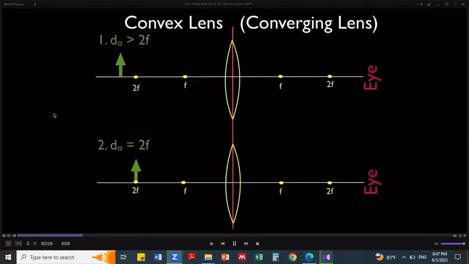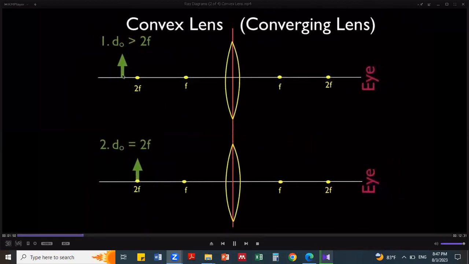Here is our first problem. You can see we have our object right here. It's at a distance DO, the object distance, greater than 2f, and we're going to draw the ray diagrams to locate the image. Now, before we get started, we're going to go over the convex lenses in this video,